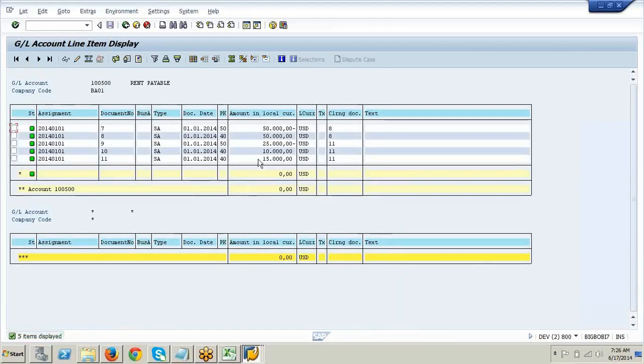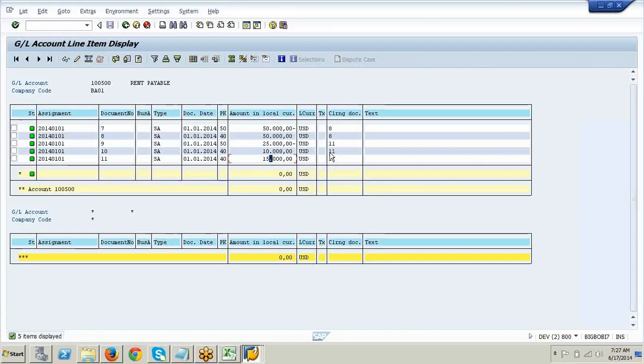Now if you see here, what is happening? The invoice was 25,000. I cleared 10,000, I cleared another 15,000. The clearing document is one single document. This is how you will identify that this clearing document belongs to one particular invoice of 25,000.